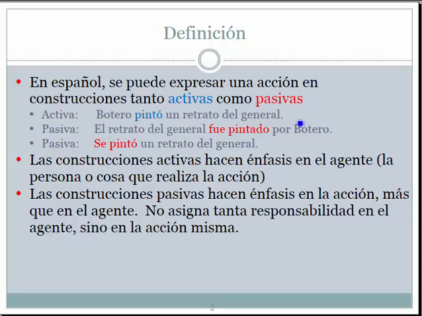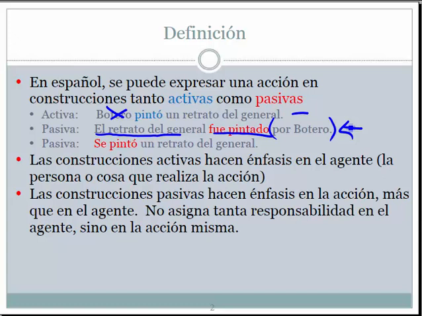Botero pintó un retrato del general. He painted a portrait of the general. I could also express that as a passive action, where Botero becomes less important, the agent, and now what's more important is the object that was painted and the action of painting. El retrato del general fue pintado por Botero. Now there's our agent, there's the person who did it, but in this case, as a passive construction, it's not